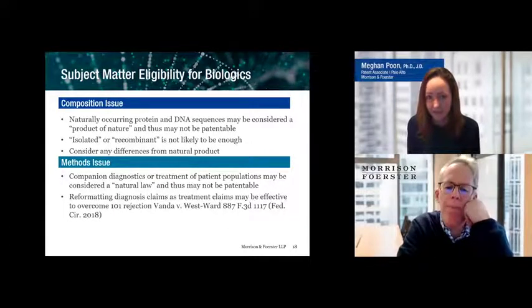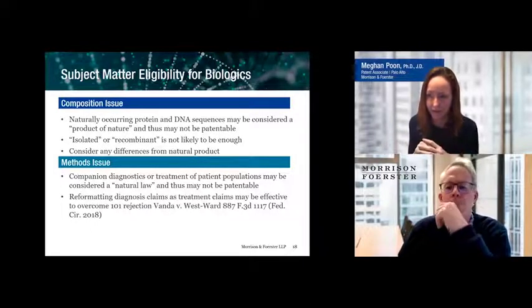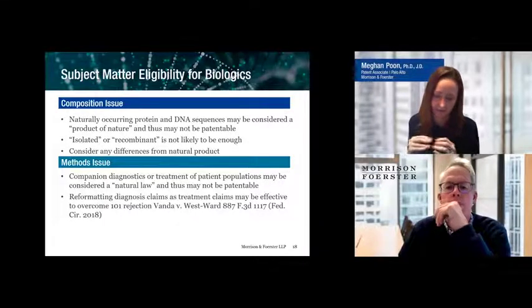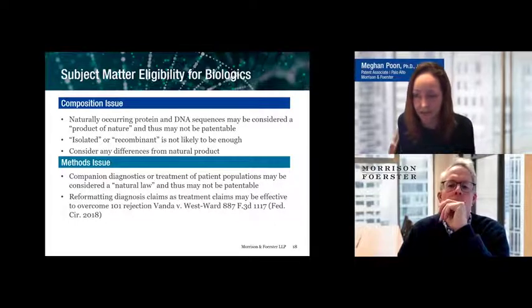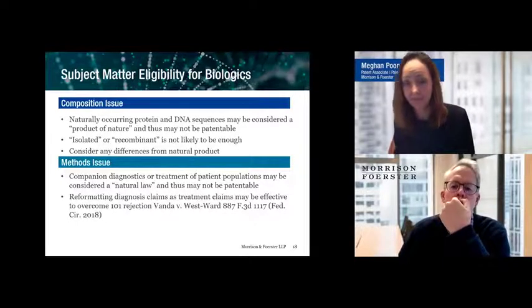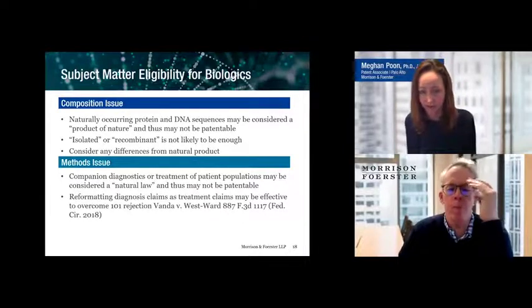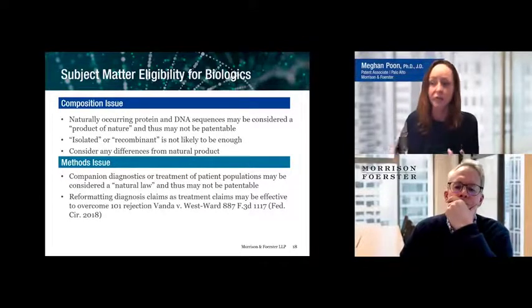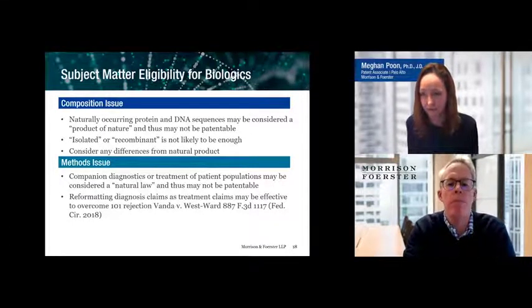That is a major downside of those sort of method of treatment claims. We call that skinny labeling. Basically, the label may not recite all of the possible uses of the antibody. And if your claims don't cover the use that someone else is using your product for, if you've got a method of treating X, then someone uses it for Y, then you tend to be out of luck.